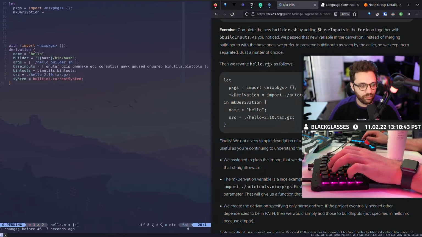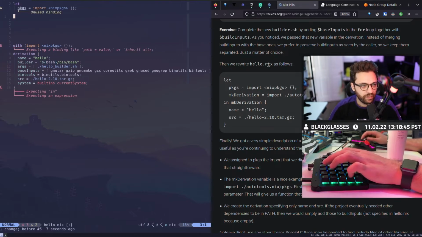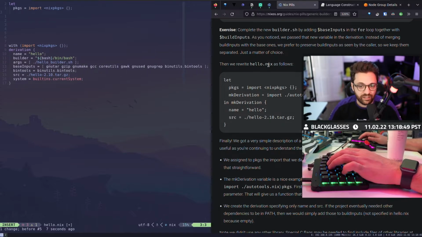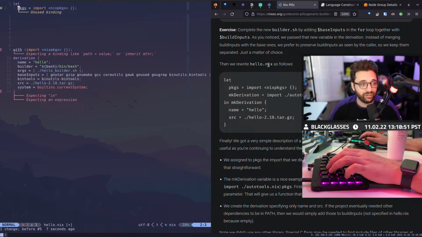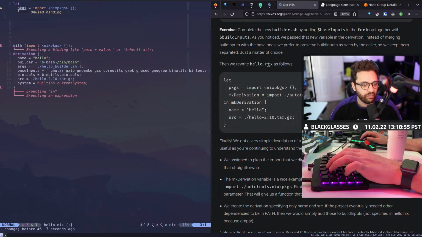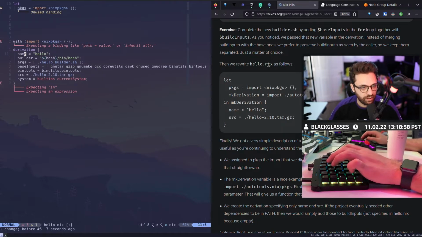The next thing we're going to do, and you might be a little ahead of me here, so that's okay, is we're going to import the thing that actually enables us to create our derivation. Now, in this scenario here, derivation is a function. This is a pre-existing function that is in Nix packages.